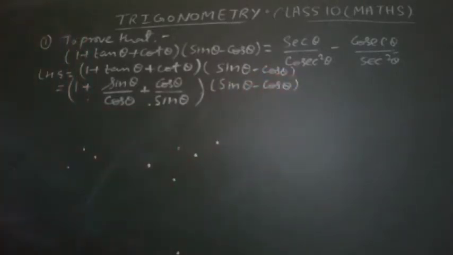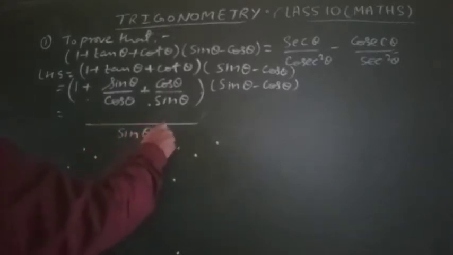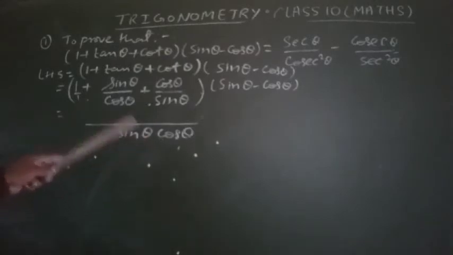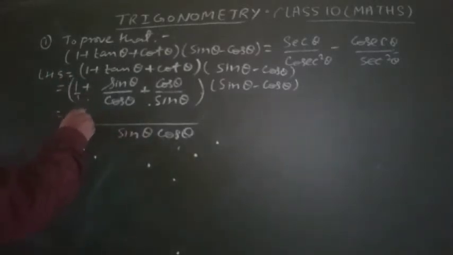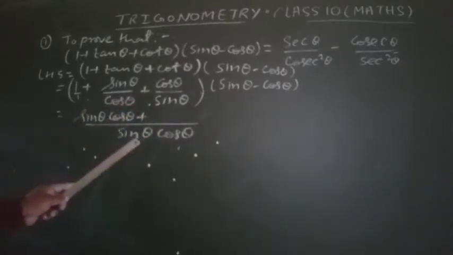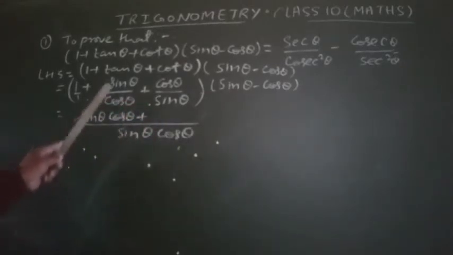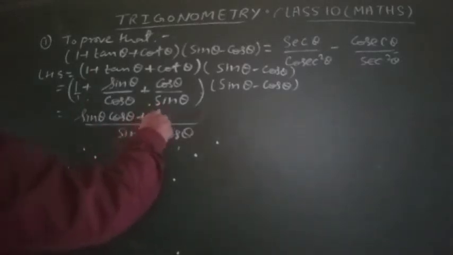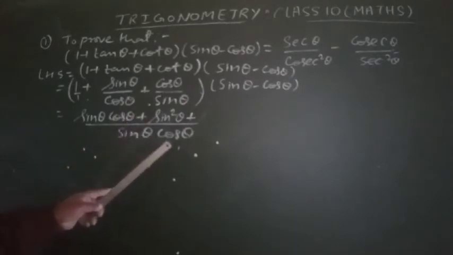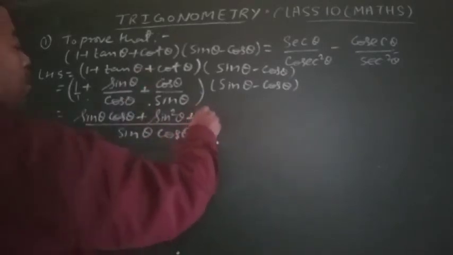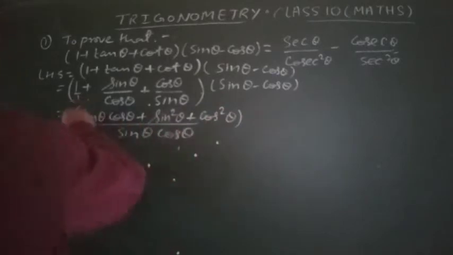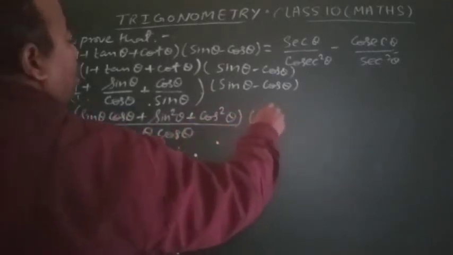Now my dear students, take the LCM, sin cos. Now it is 1 by 1. 1 divided by sin cos, the sin cos will multiply, so here it is sin cos. Now plus: cos divides both, the cos will cancel, sin and sin multiply to give sin square, and there it is, sin divided, cos remaining, cos multiplied, cos square. Keep in the bracket, and then it is sin minus cos.